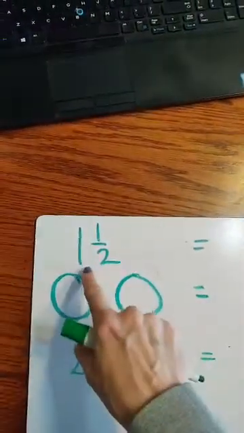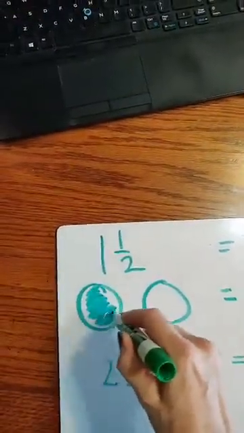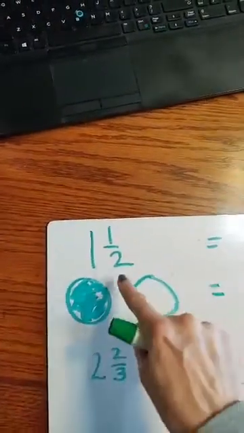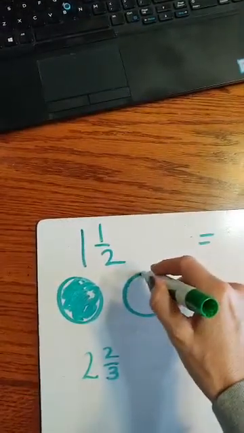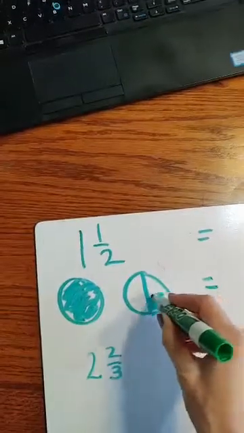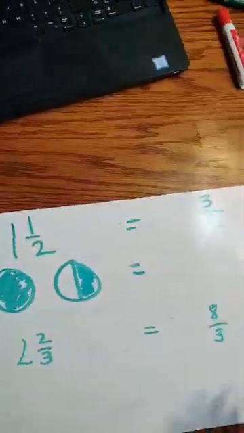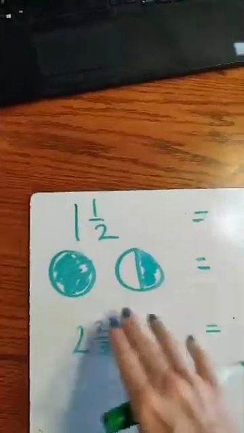Okay, so one, I have a whole circle shaded. Okay? And then we know this one needs to be divided into two parts because it's half. And I only have one of those parts shaded. 1 1/2. Okay? So now I'm going to draw, we know that these are equal, so I'm going to draw